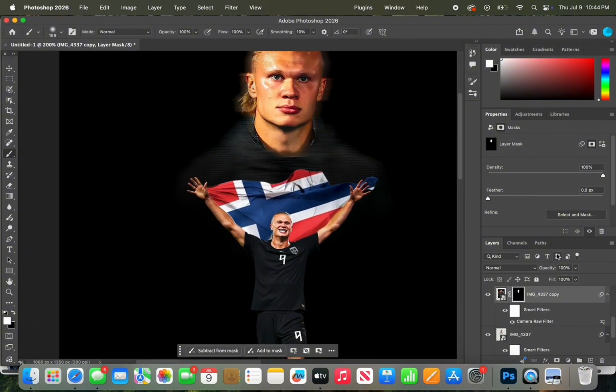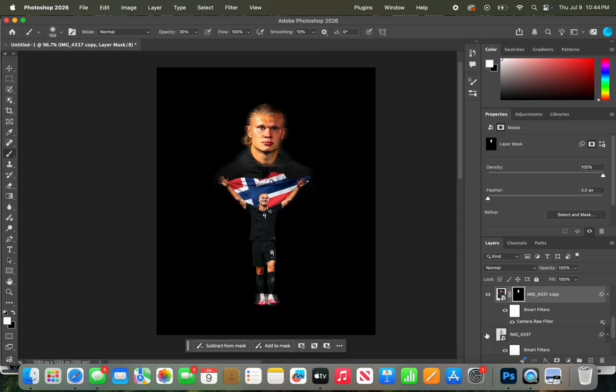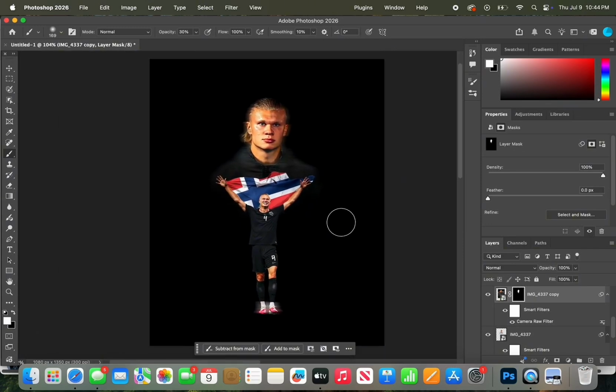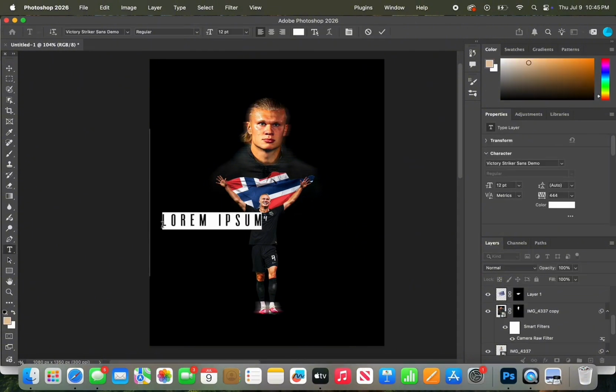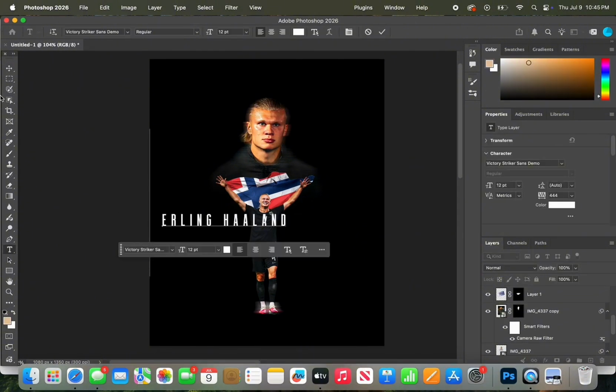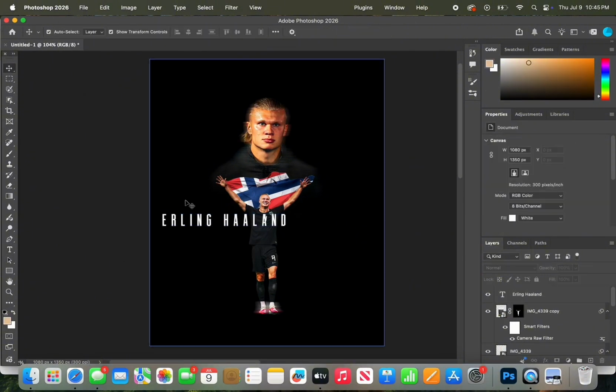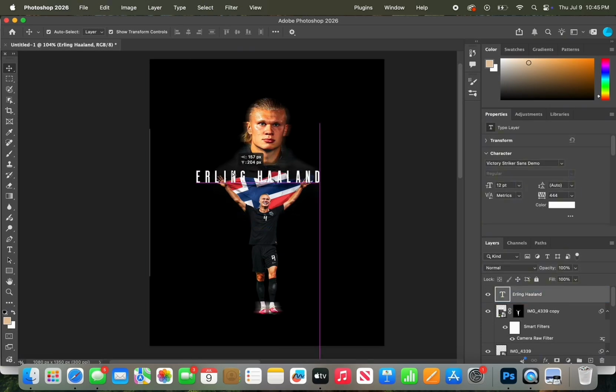Then I went ahead and I wanted to mess around with this top image right here, because I made one more copy of it. So if you're on Mac, you can hit Control J and it will just create another image. So as you can see right here, whenever I hide that one, his face is showing. The reason I did this is because I wanted the bottom part of the image, under his neck where his clothing starts,